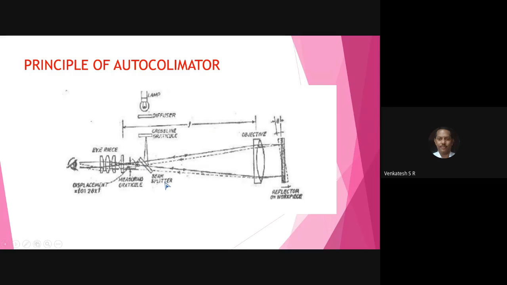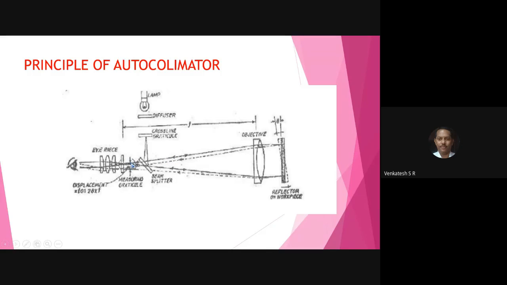hit the beam splitter. Then from the beam splitter, they pass through the objective lens and fall on the workpiece. After falling on the workpiece, the reflected ray, remember, again, the line, observe here, this is the reflected ray. Reflected ray, again, which is coming to the